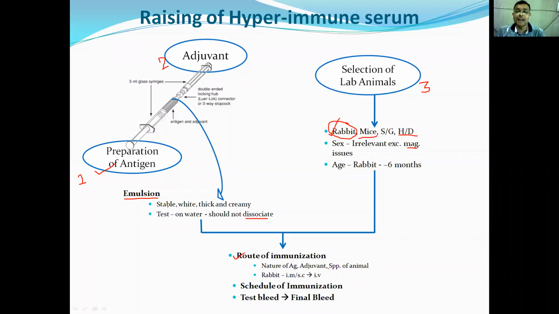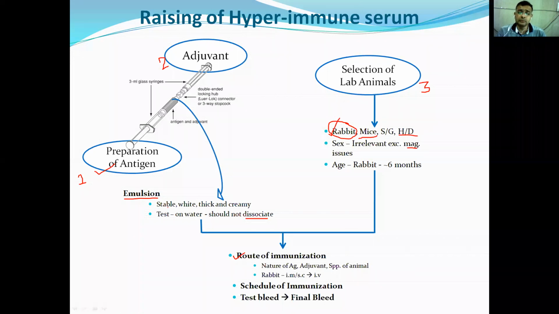So the nature of the antigen plays an important role. The second is the type of adjuvant we are using. If the adjuvant is oil based, then definitely we have to use a route that can harbor a larger volume. And last is the species of animal. The species of animal is also important because if you want to go for IV inoculation and the species is smaller, then it would be difficult, and we cannot get a larger surface area if the animal is small. So depending on the species, type of adjuvant and nature of antigen, we can select what route and what dose we can decide for production of